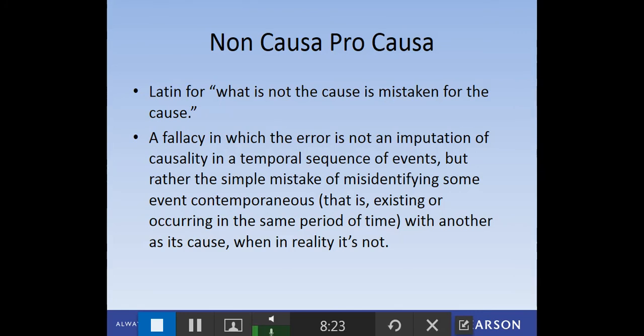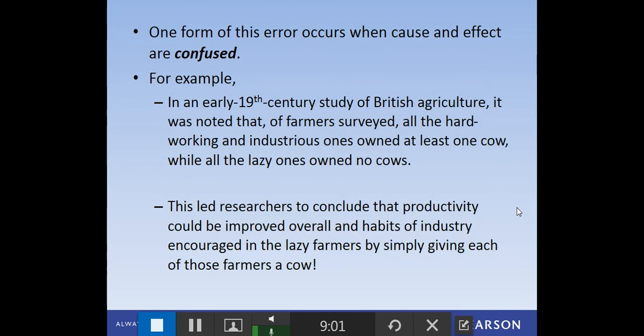An example for me: if I'm watching Nebraska football and I'm standing up and Nebraska scores a touchdown and I say, oh, they scored a touchdown because I was standing. Don't assume that doesn't happen, because I, as a superstitious sports fan, can fall into that at times. But it's really not the cause of why Nebraska scored a touchdown. Me standing has nothing to do with that. As much as I'd like to think I helped the team, I don't, being thousands of miles away. But that's an absurd argument that us sports fans can make at times, right? But basically, what is not the cause is mistaken for the cause.